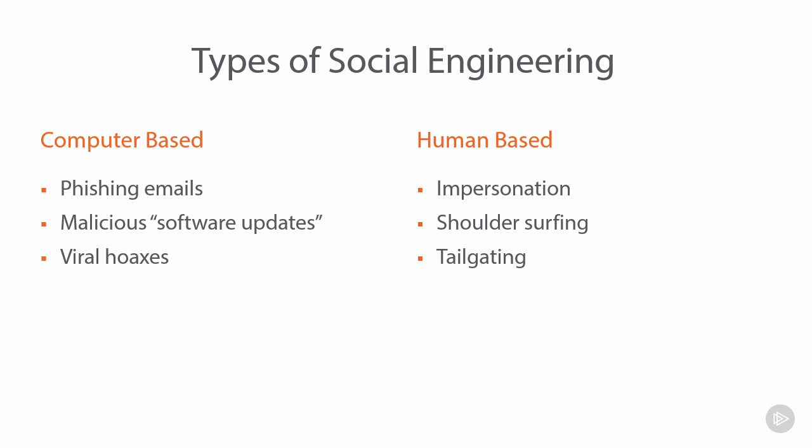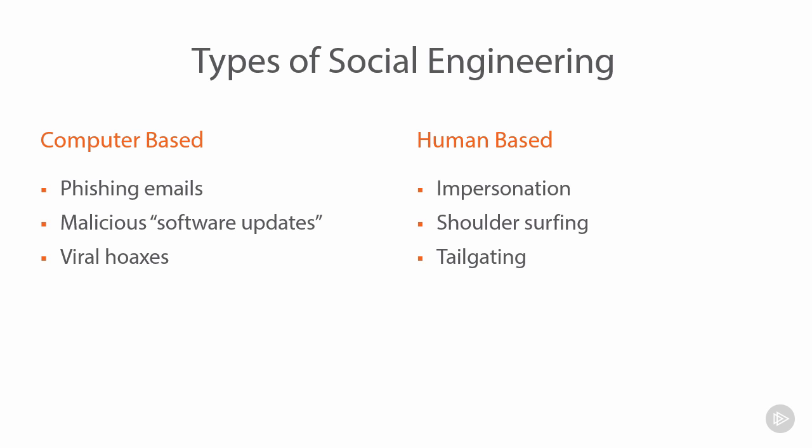Same again with tailgating. So this is the process of the attacker following the victim through an otherwise secure door. So picture an environment with swipe cards or turnstiles, where you have to identify yourself before moving through the gateway. If an attacker can simply latch on to the back of someone else, metaphorically, mind you, they just follow the individual through, then they may gain access to a physical environment they shouldn't have access to. And again, it is all in person. It's a human-based social engineering attack.